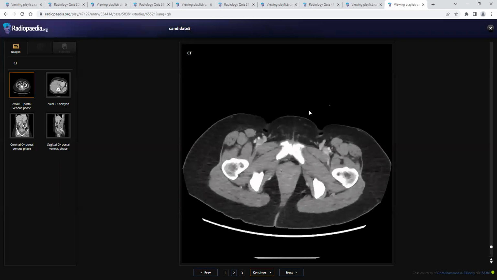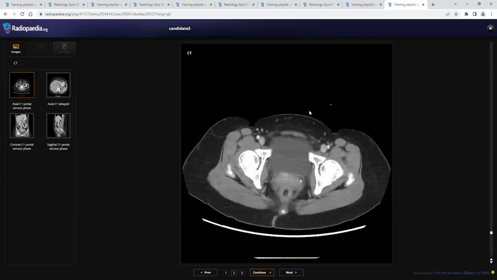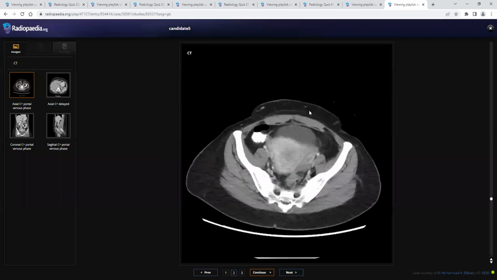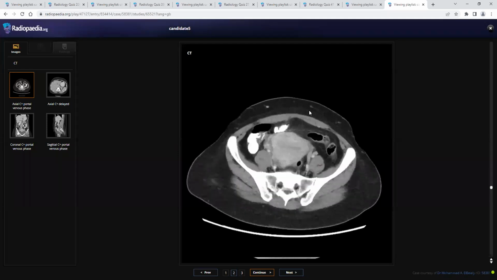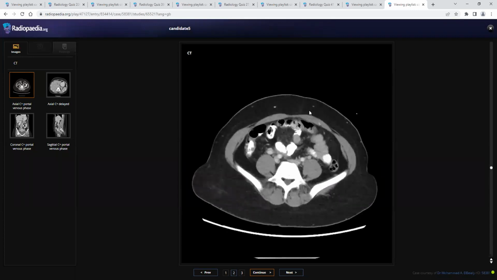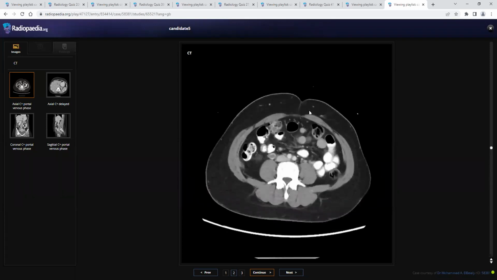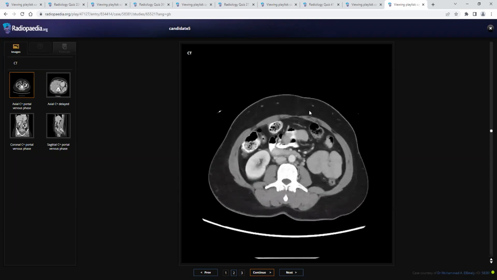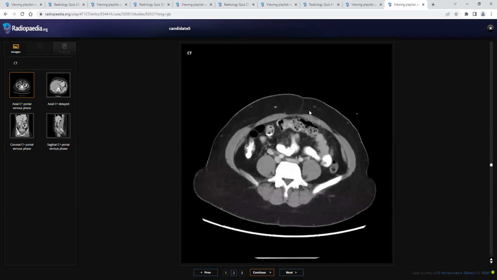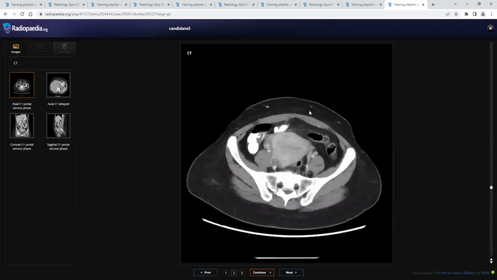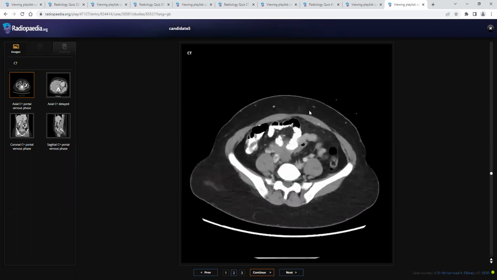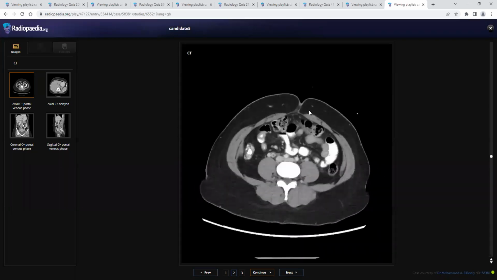I am scrolling craniocaudally, and now I'm again having a look caudocranially to have a look at the area of concern. I'm trying to locate the appendix first to see if it appears inflamed or not. However, what I can appreciate is that there seems to be a filling defect within the